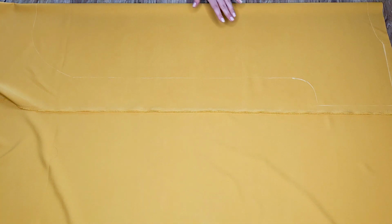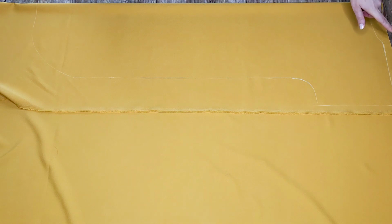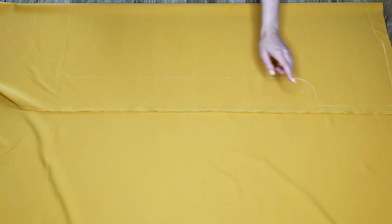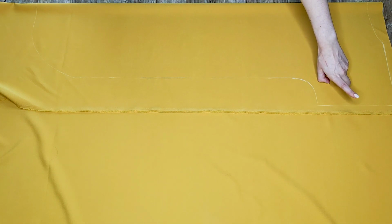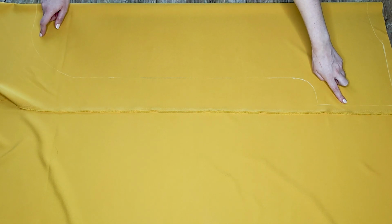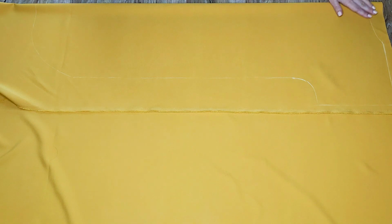So now let's remove this pattern piece and we can cut out our piece. For the neckline, we will add 0.7 centimeters for the seam allowance. For the shoulders and for the sides, we will add 1.5 centimeters for seam allowance. And here at the sleeve and at the bottom of the curve, we will add 0.7 centimeters for seam allowance,